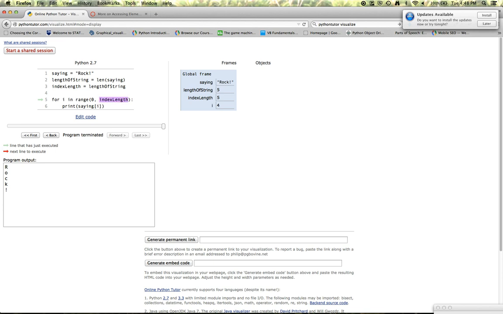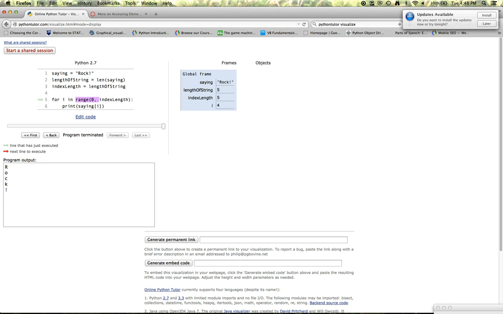So the value of our parameter index length is a number, even though it's a variable. And our variable i has a number as its value that was assigned from range. It's saying in the range from 0 to the length of index, go through here. And while we're doing that, we will step through the characters R, O, C, K, exclamation point, and that's exactly what we got. If you're not using range, if we were to say for i